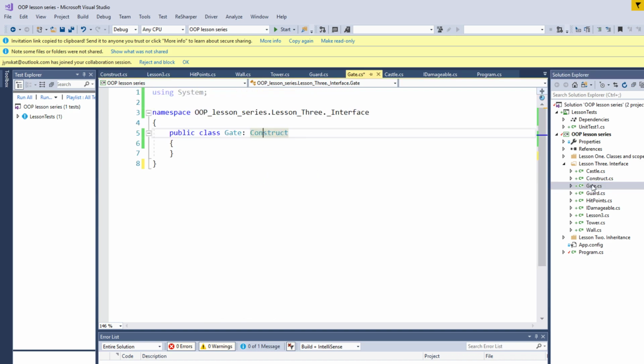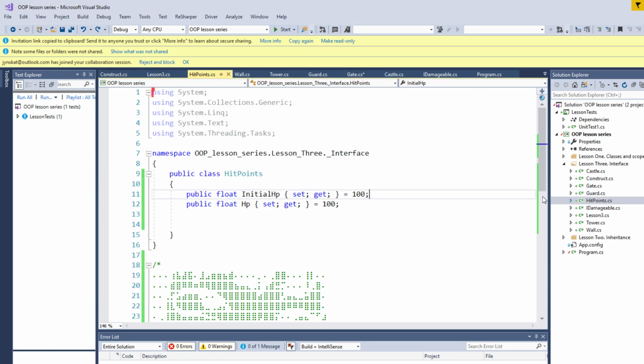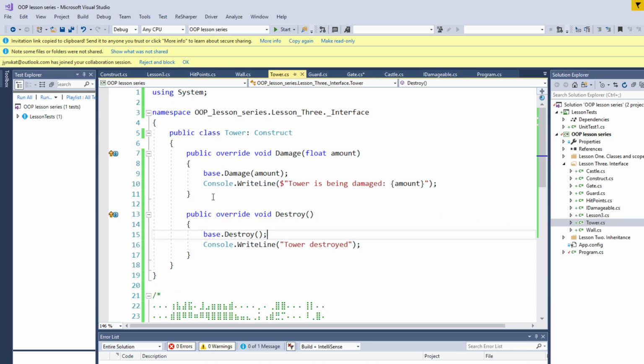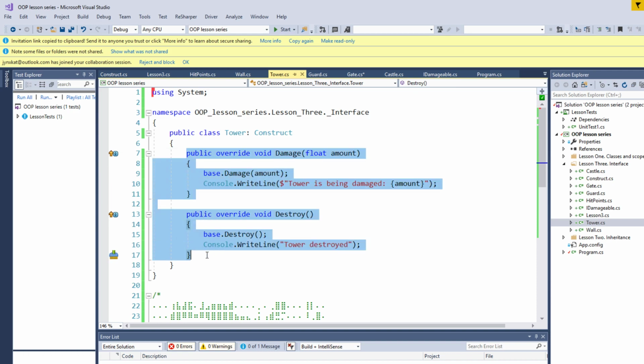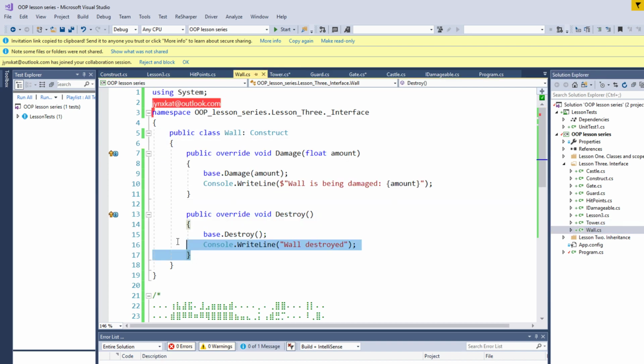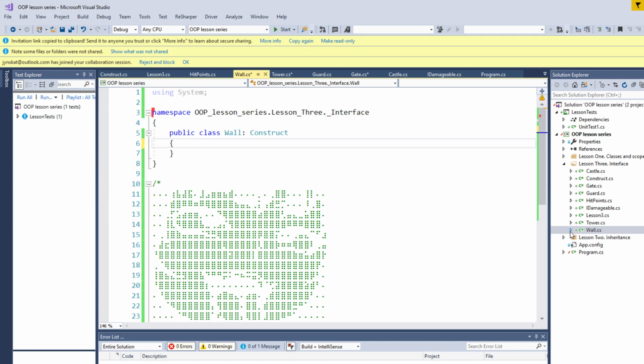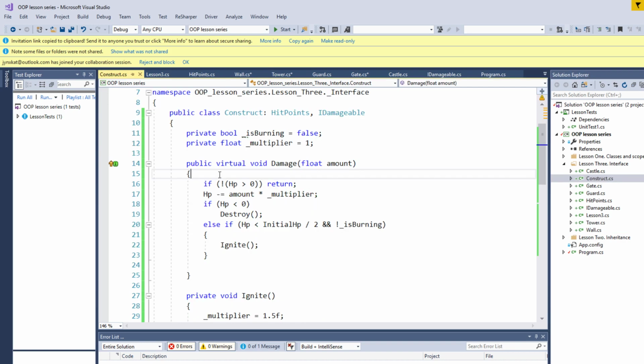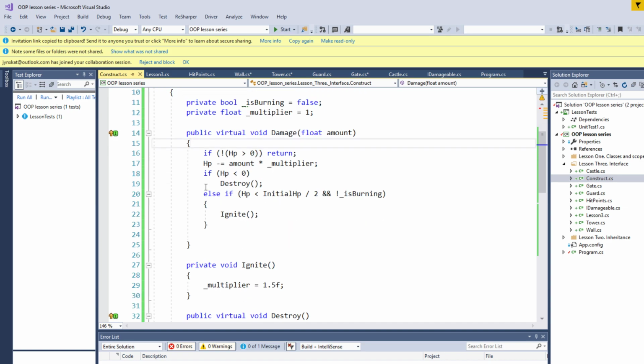We can also use reflection to remove the repetitive, redundant code. So if we go to the tower class, we can delete everything now. We won't be needing any of it actually. We will do this all in a construct class. So when we deal damage to a construct, we do a certain amount of damage, and